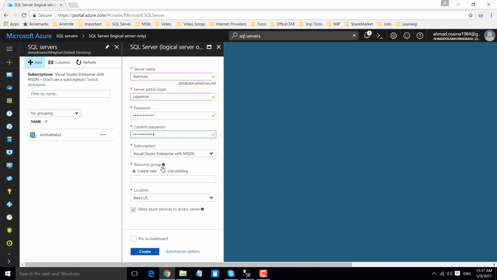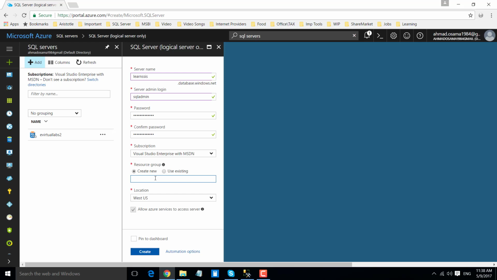This is my subscription. Create a resource group. Either we can create a new resource group or we can use the existing one. Actually, a resource group is a particular location where we want to create our own SQL server. It's a location, maybe it can be in India or outside of India or in the US, West US, so we can create our own new resource group as well.